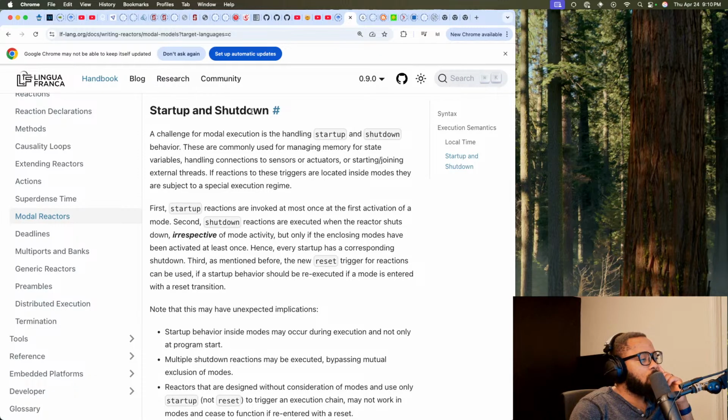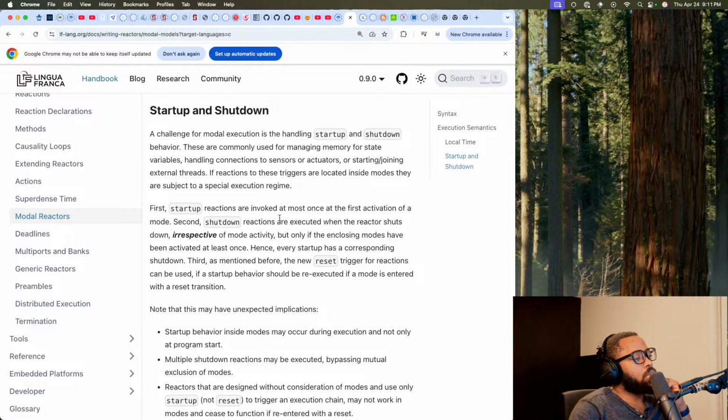Startup and shutdown. A challenge for model execution is the handling of startup and shutdown behavior. These are commonly used for managing memory for state variables and handling connections to sensors or actuators or starting and joining external threads. If reactions to these triggers are located inside modes, they are subject to a special execution regime.